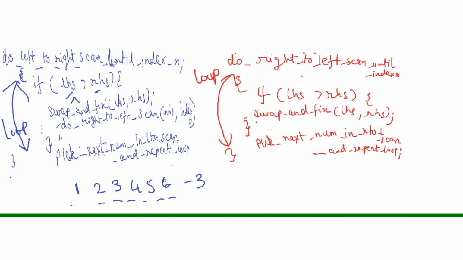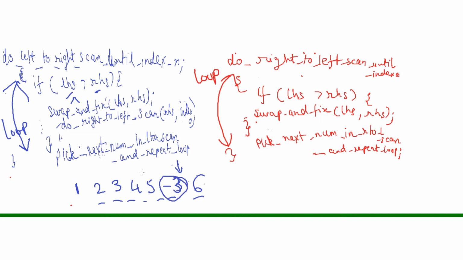Instead of 6 and -3, the swap will make sure that at the end of the day, we have -3 and 6 over here,